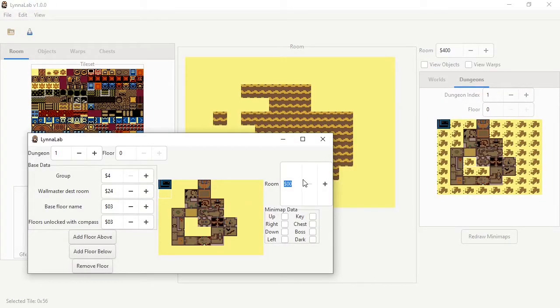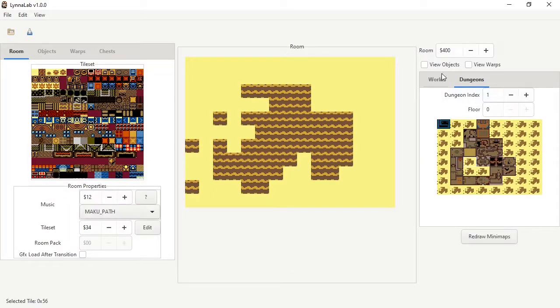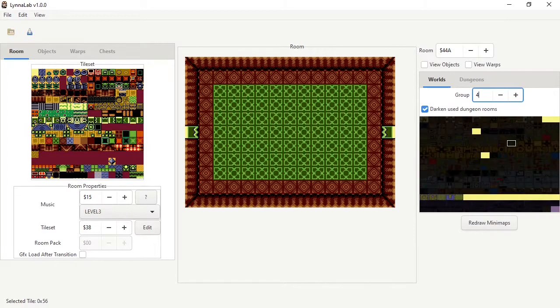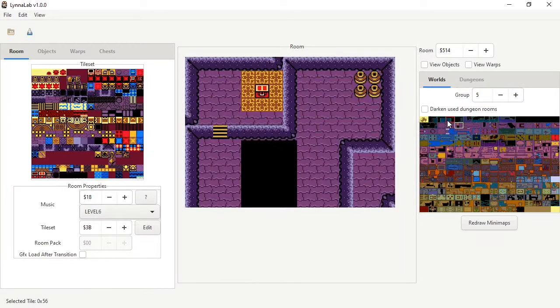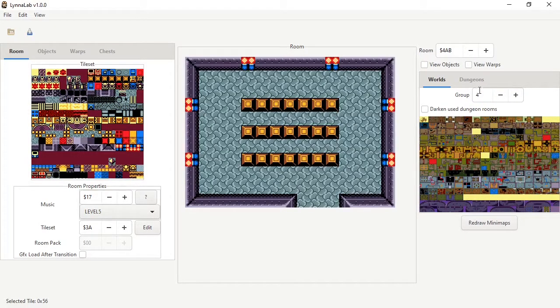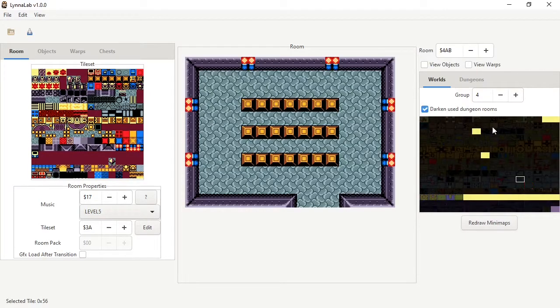So first of all, we have to find an unused room. There's an easy way to do that. So we go to group 4 in the world editor. In this case, Spirit's Grave is in group 4. Later dungeons are in group 5. We can see here, it's like group dungeons, starting from dungeon 6. Group 4 is up to dungeon 5. Okay, so if we click on darken used dungeon rooms, we can see the rooms that